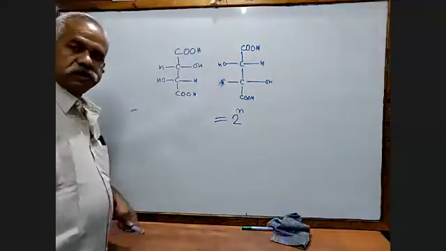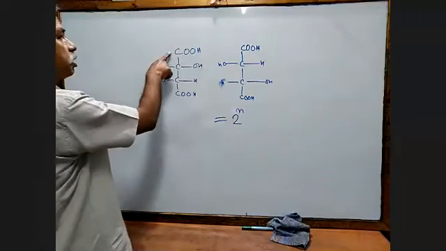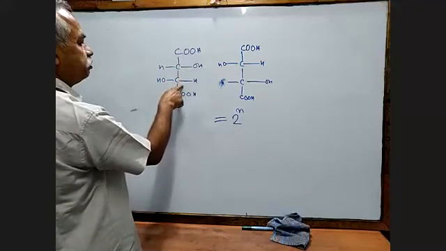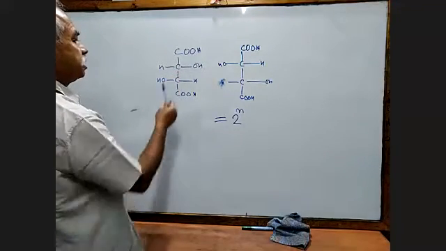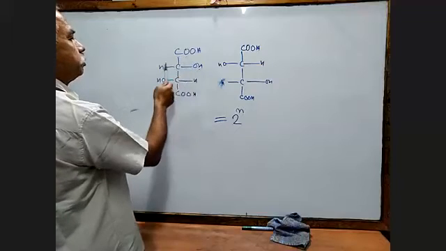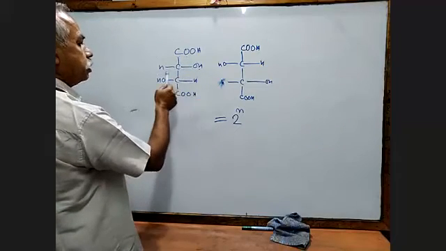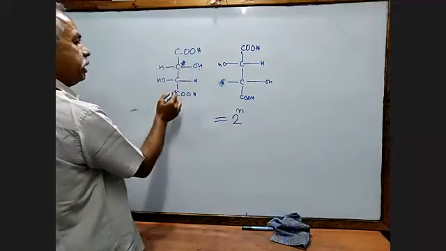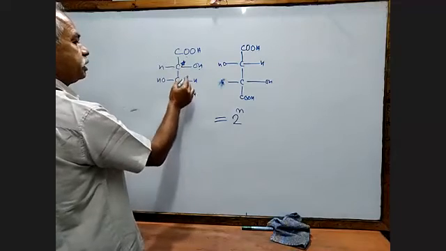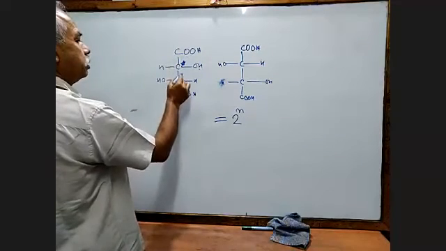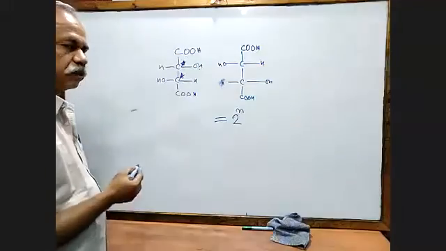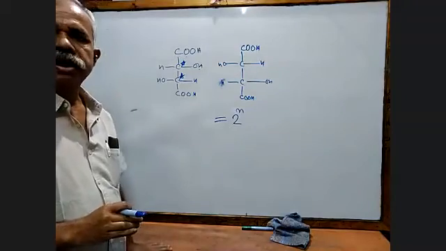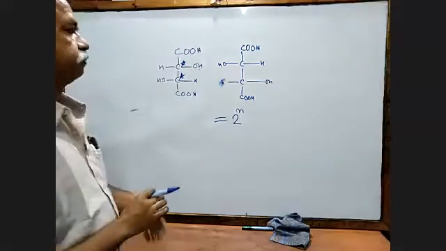Look here. How many asymmetric carbons do you have? This is not possible because this is an sp2 carbon, this is an sp2 carbon, this is sp3, this is sp3. See here, this carbon is bonded to an OH group, a carboxyl group, hydrogen, and the remaining group. So in that case, this is asymmetric. Similarly here, this is bonded to a carboxylic acid, hydrogen, an OH group, and the remaining group. So this is also an asymmetric carbon atom. So how many isomers should we have? 2 to the power 2, that is, we are supposed to have 4 optical isomers.